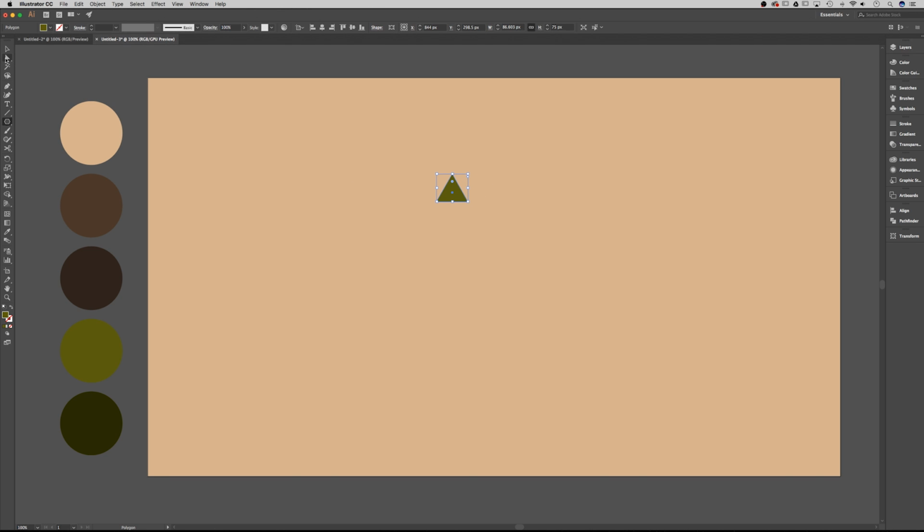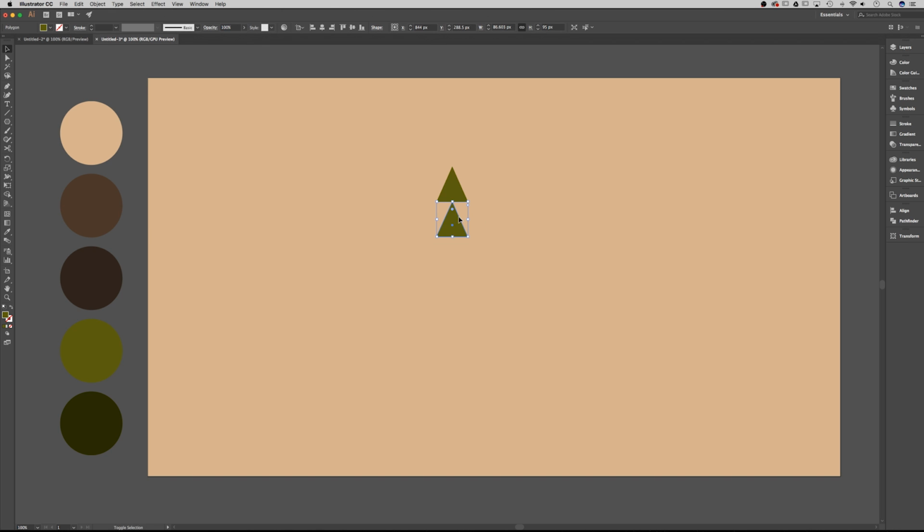So now I'm going to grab the direct selection tool. It's the second tool in your tool panel over here to the left. And I'm just going to click off the shape and then click and drag to select that top point. Then I'm going to hold Shift and use the up arrow key a couple of times just to make this triangle a little bit taller. Now I'll go back to my regular selection tool and click on this triangle. I'm going to hold Option to start to duplicate it, and then I'm going to hold Shift to keep it in line. And I think I'm just going to drag it down until the top of it intersects with the